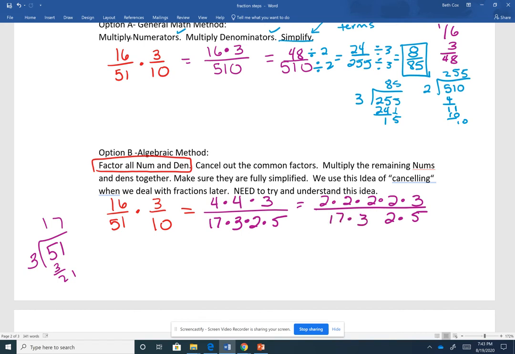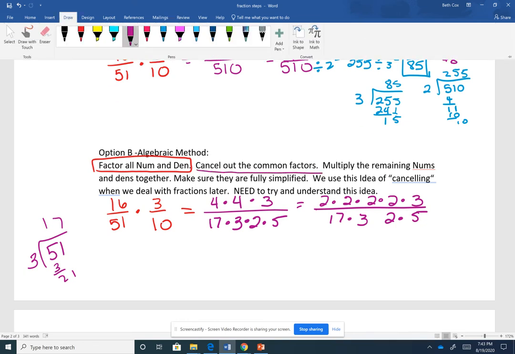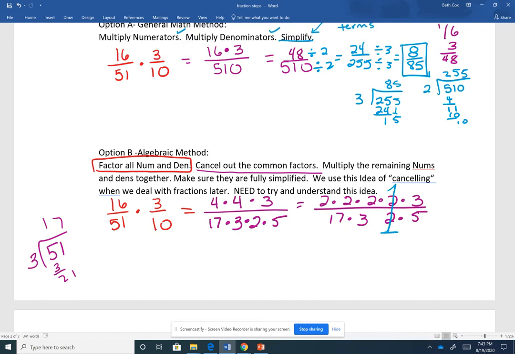Okay, and so now I factored my numerator and then I cancel out the common factors. So if you'll notice, you've got common factors of a 2 over a 2, okay, and a 3 over a 3, and those cancel out or they make 1, and there we are,